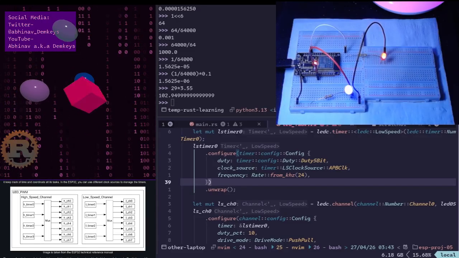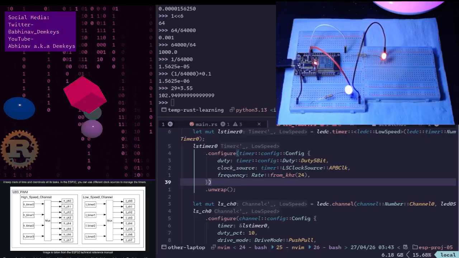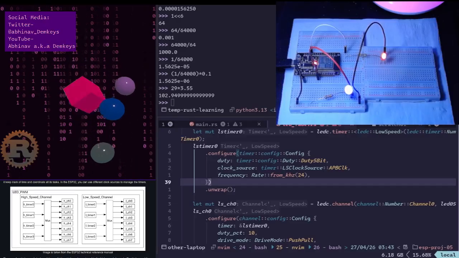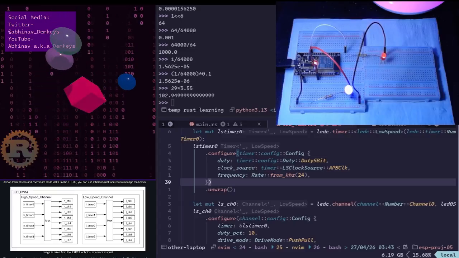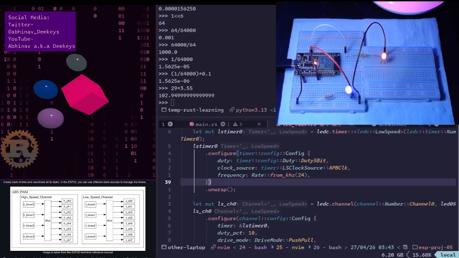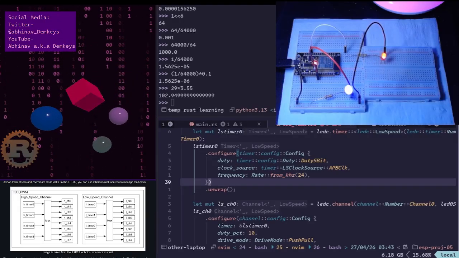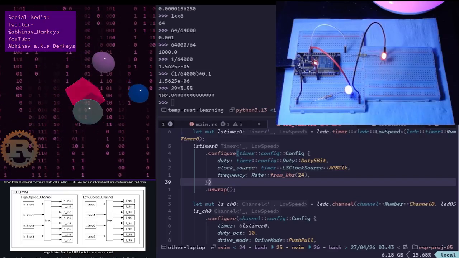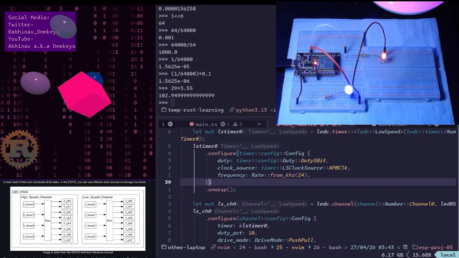The post-it note analogy. Think of a hardware register like a physical post-it note stuck to a machine. When the CPU is awake, it writes instructions on that note. Example, frequency equals 1 kilohertz, duty cycle equals 50%, and so on. Once these bits are flipped in the register, the PWM hardware doesn't need to ask the CPU for permission anymore. It simply looks at the state of those physical switches, which are the registers, and stays in that state until